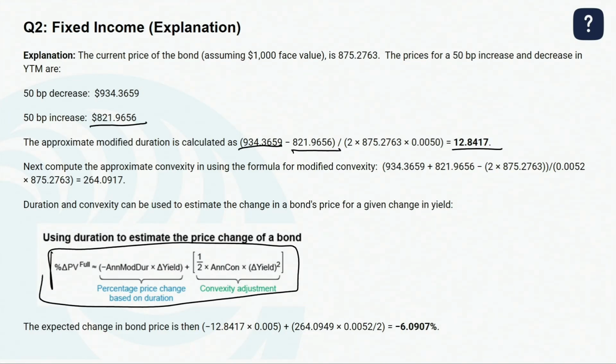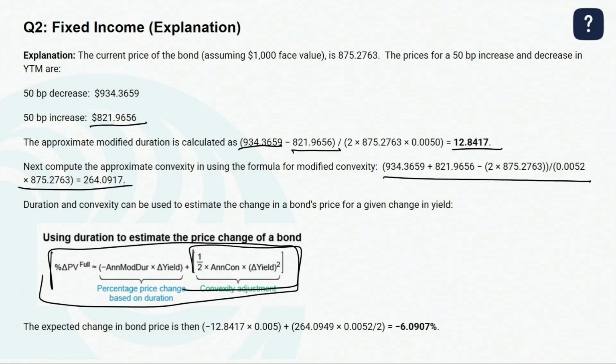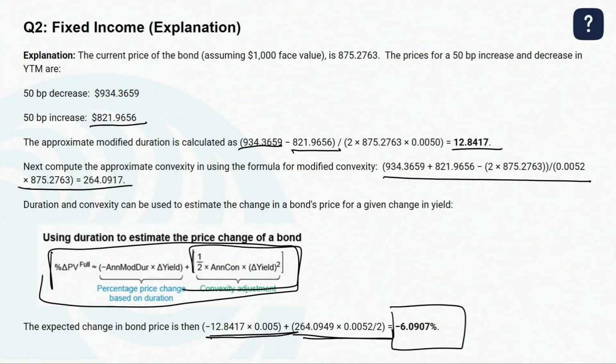And here is your convexity adjustment. You can see that formula play out in our solution right over here, and that is simply the adjustment to duration that accounts for this positive convexity for an option-free bond. You plug that in to get your change in the bond price. Here's your duration adjustment. Here's your convexity adjustment, and you'll find that for a 50 basis point increase in rates,